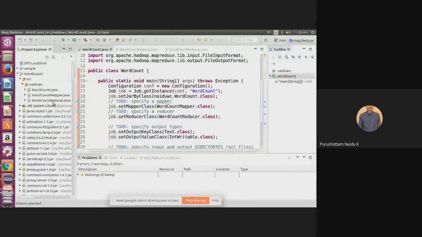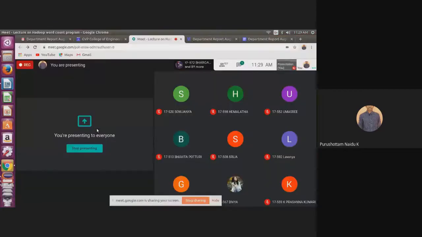So once you write the program, you need to convert it into a jar file, and then the jar file is executed. We have already written the driver, mapper, and reducer code. Now we have to convert this into a jar file.